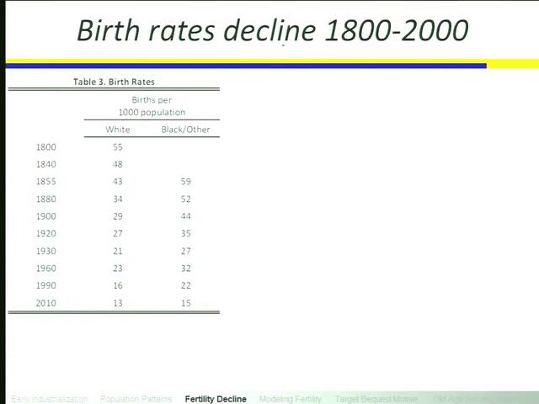So what can we see here? We also see a decline in fertility over time. So the white population births per thousand starts at 55 in 1800, and at least for the data that I showed you, because I omit the baby boom, there's a pretty monotonic decline in fertility rates down to the most recent data, 2010, 13 births per thousand for the white population in 2010, compared with 55, 48, 55, around 50, 200 years ago.